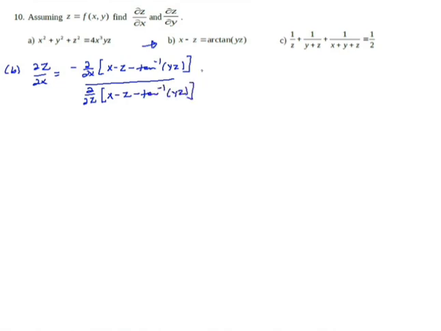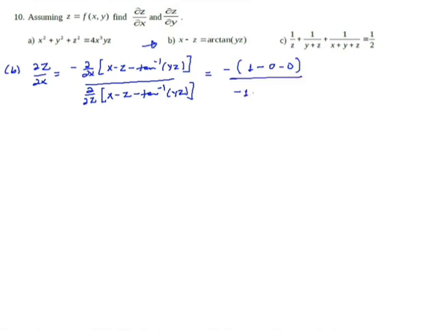Okay, so what does this become? The negative of 1 minus 0 minus 0 over